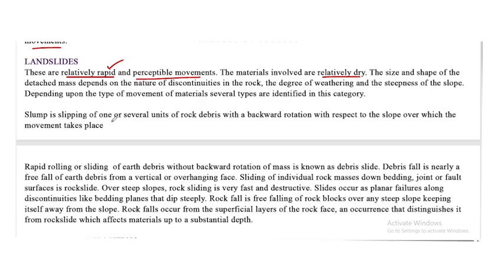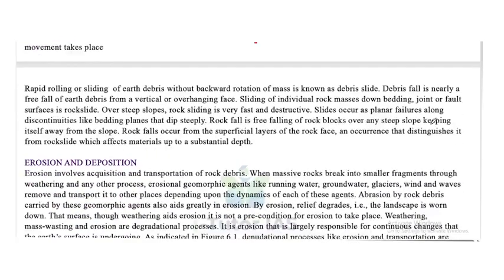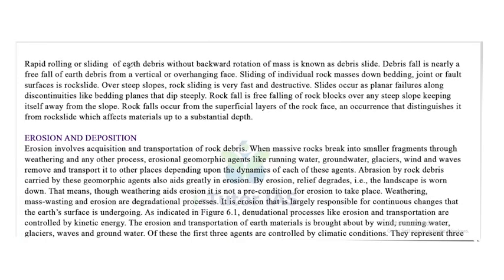Slump is slipping of one or several units of rock debris with a backward rotation with respect to the slope over which its movement takes place. A rapid rolling or sliding of earth debris without backward rotation of mass is known as debris slide. Debris fall is nearly a free fall of earth debris from a vertical or